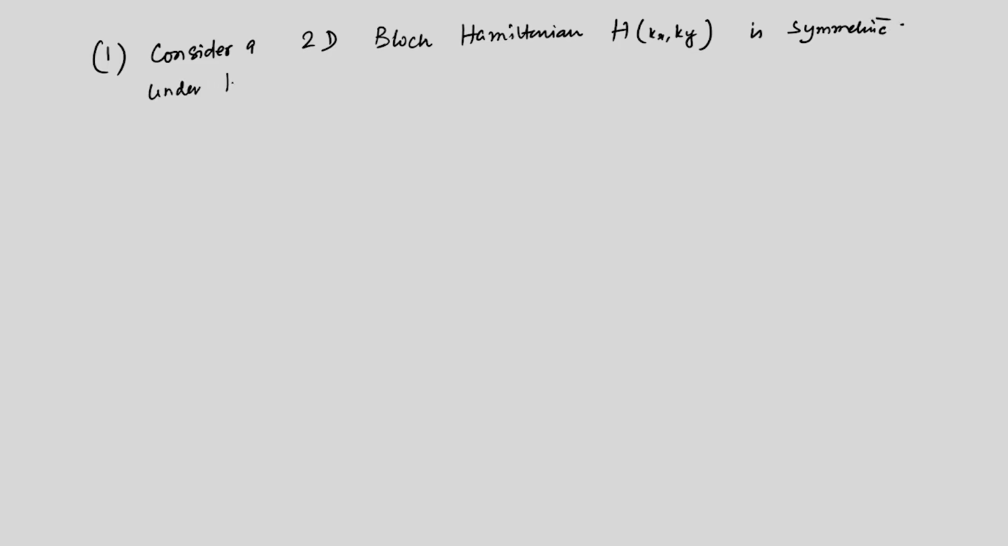So if you consider, say, a 2D Bloch Hamiltonian, just for an example, what I mean by a 2D Bloch Hamiltonian is that it's an H which is a function of k, and k is a function of kx and ky, just a 2D thing. And if it is symmetric under both inversion, which is what we have seen just now,